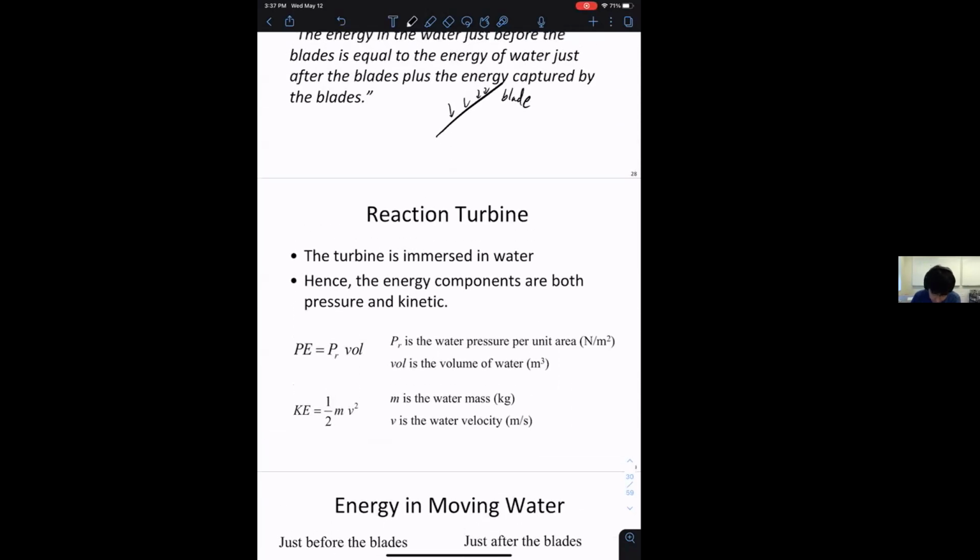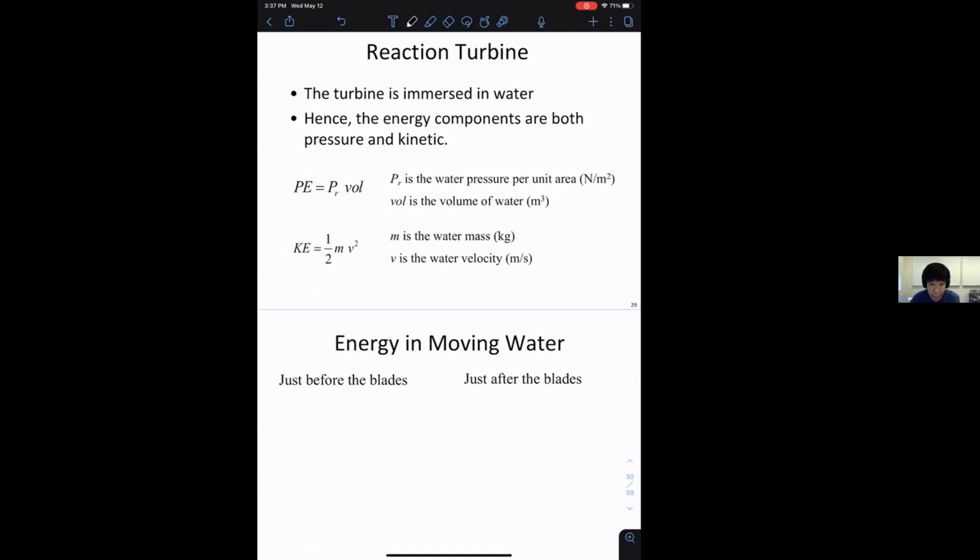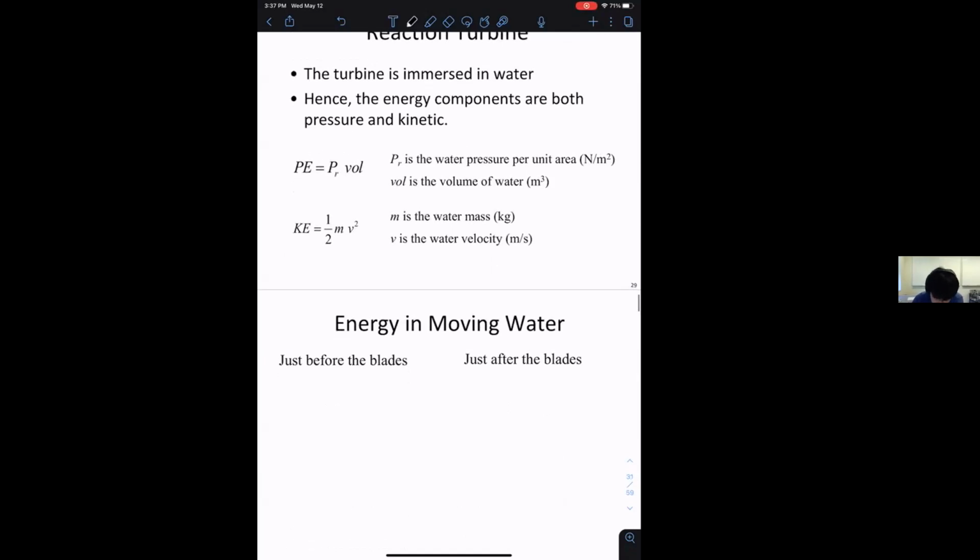So here we have both the pressure energy, which is water pressing downwards on the blade, and the kinetic energy of the moving mass of water. We have these two energies, and we're going to do an energy balance, looking at the energy just before the blade and just after the blade. Before the blade, our energy is the pressure energy times the volume, how much water we have,